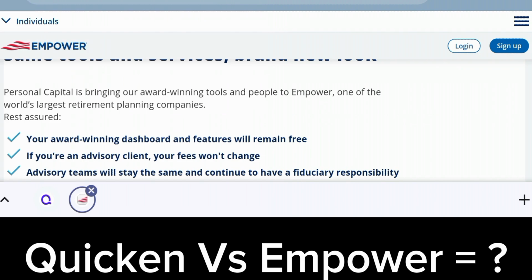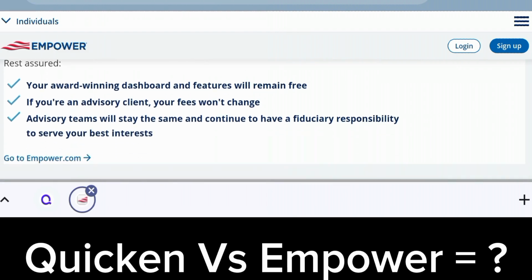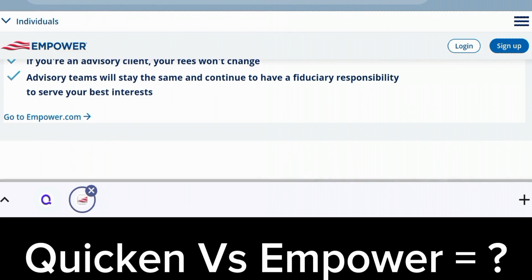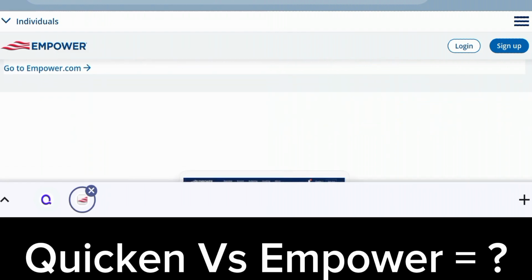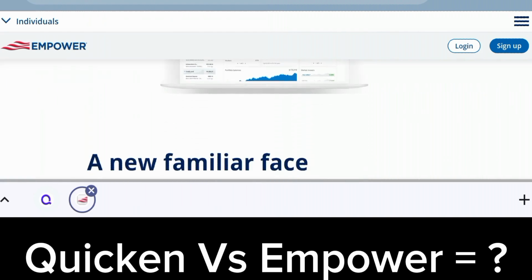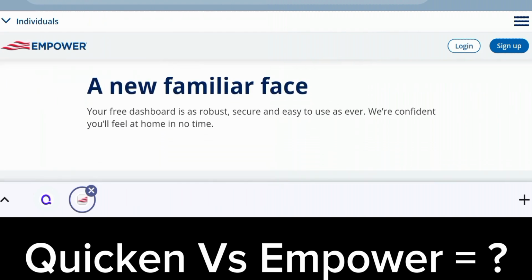Empower also provides automated investment management services for a fee. These include budgeting, cash flow tracking, retirement planning, and investment analysis. The platform emphasizes ease of use and also automation, so it's accessible for users who prefer a hands-off approach to managing their own finances.